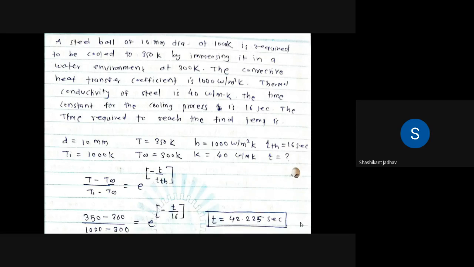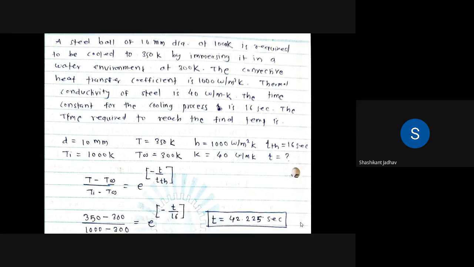Okay, so this is the question which was asked in the GATE 2016 exam. You have to understand that for solving such types of problems we have to remember the formulas. If we remember the formulas, then it is very easy to solve this type of problem. So t is equal to 42 seconds, means after 42 seconds, the steel ball having an initial temperature of 1000 degrees Celsius reaches a temperature of 350 degrees Celsius.